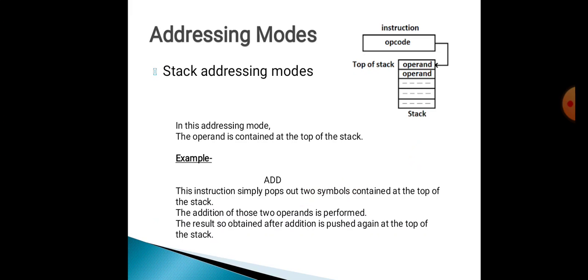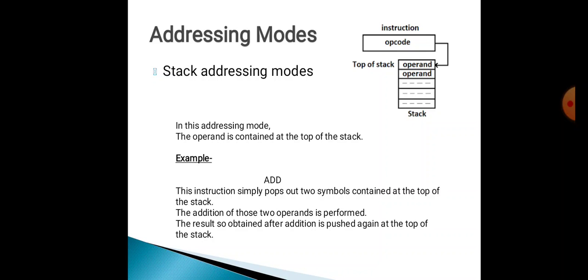Next, the last addressing mode is stack addressing mode. A stack is a linear array of reserved memory locations. It is associated with a pointer called the stack pointer, SP. In stack addressing mode, the stack pointer always contains the address of the top of the stack, where the operand is to be stored or located. The address of the operand, source or destination, is the content of the stack pointer. This addressing mode is a special case of register indirect addressing, where the referred register is the stack pointer.